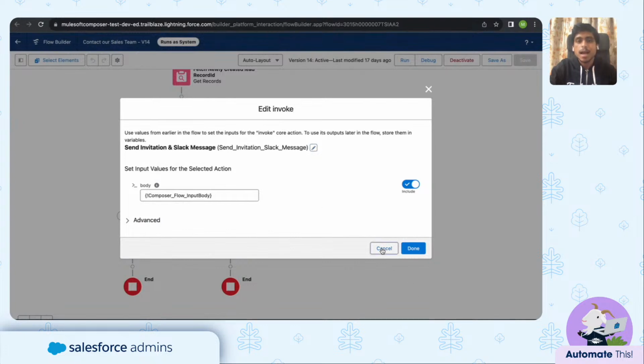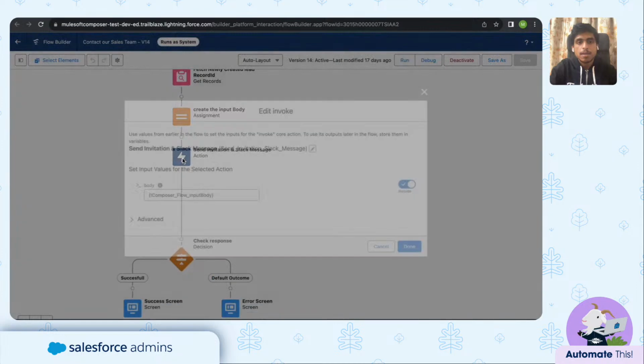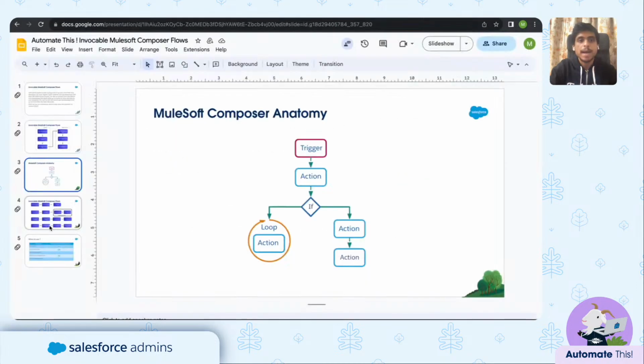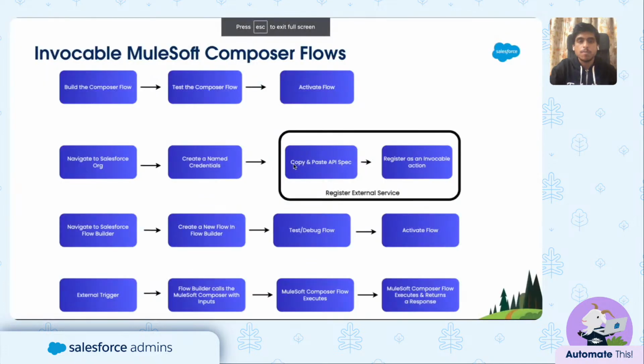Now you may be wondering how this is related to a MuleSoft Composer, right? Taking you back to the entire diagram, we created a MuleSoft Composer. Now, all we have to do is go to my Salesforce and create these named credentials. Then, whenever we activate a MuleSoft Composer,